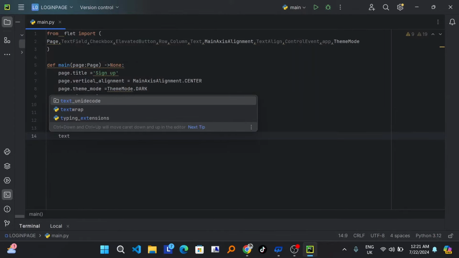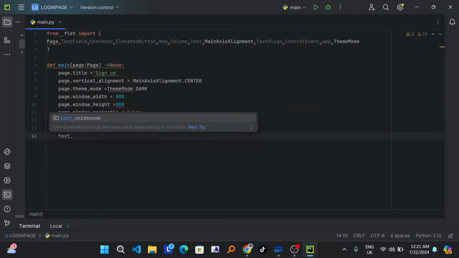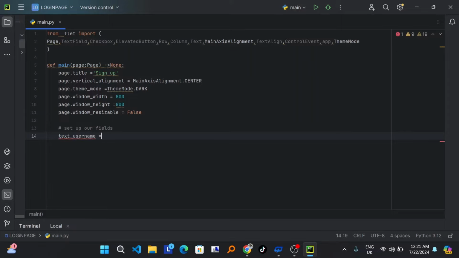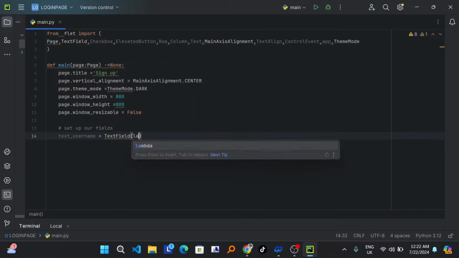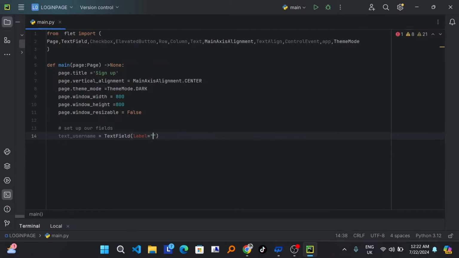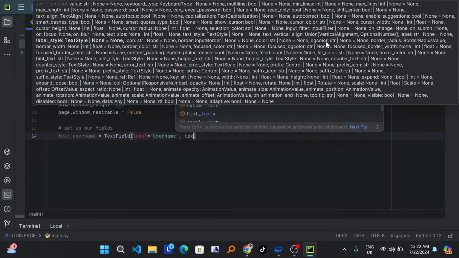For my text, underscore, and write username equal to text field bracket, and I give the label name will be equal to, let me try some double quotation and apply the string of username. This must be the capital letter, and then I have to keep the comma and write text